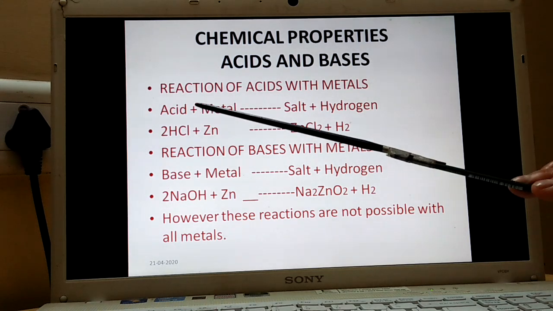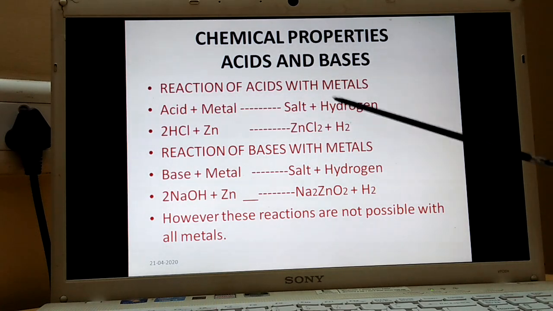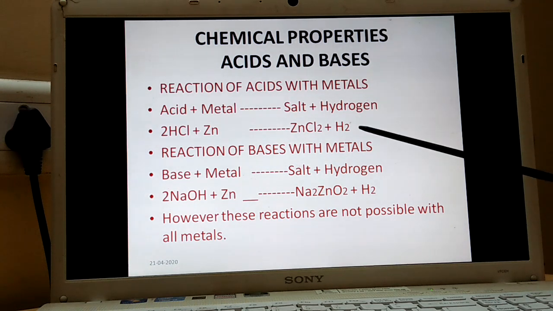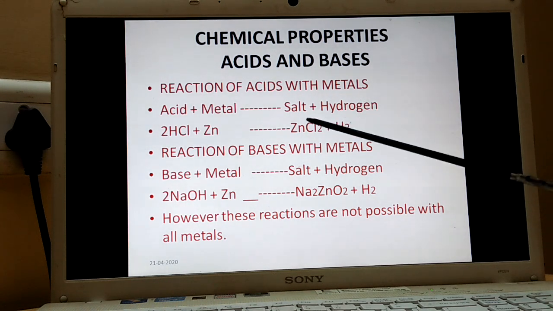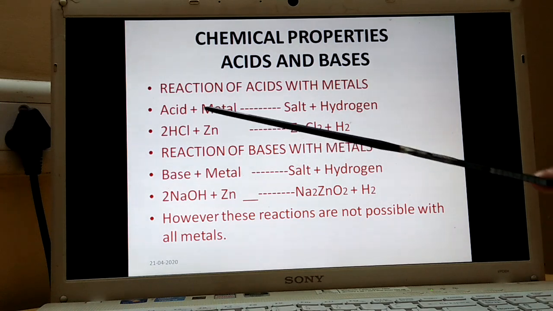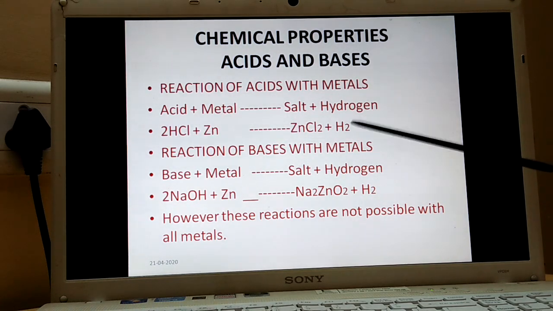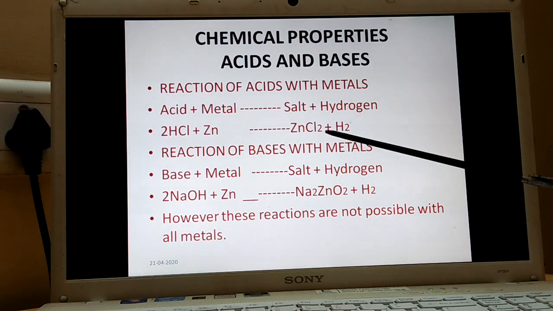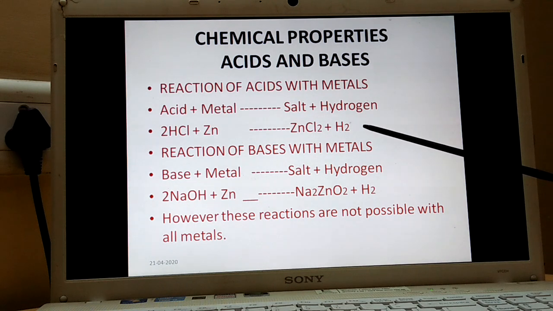Now, whenever there is a reaction between acid and metal, always two substances are formed, that is salt and hydrogen. That is, acids will always release which gas? Hydrogen. This you should note down. Hydrochloric acid and zinc I have taken. Zinc is a metal. So whenever zinc is made to react with hydrochloric acid, it will give rise to zinc chloride, ZnCl2, plus the gas hydrogen is released. Now hydrogen is a very important and highly combustible gas also.